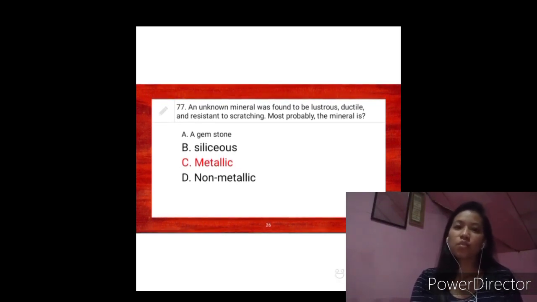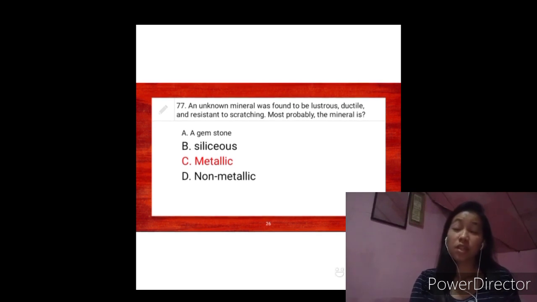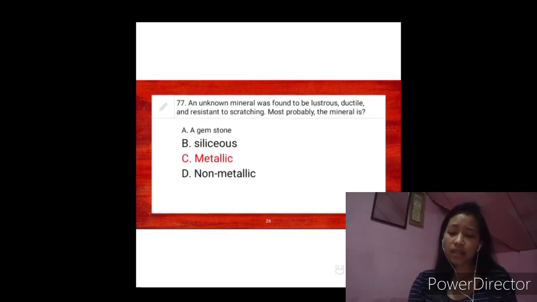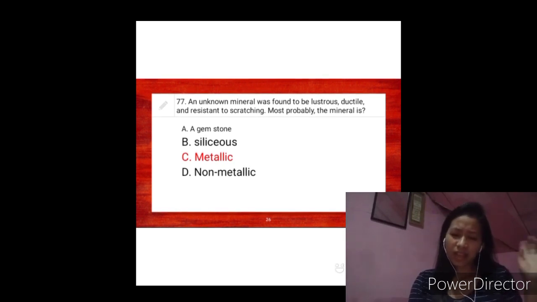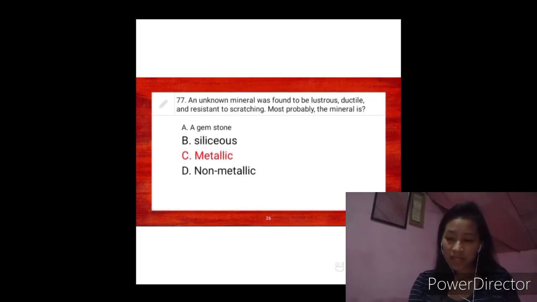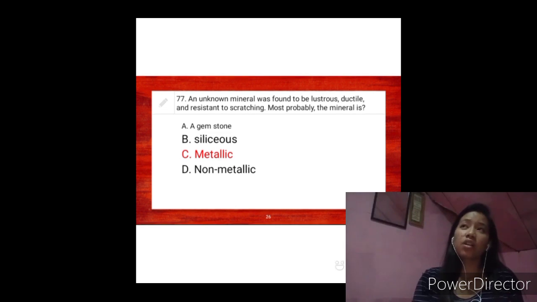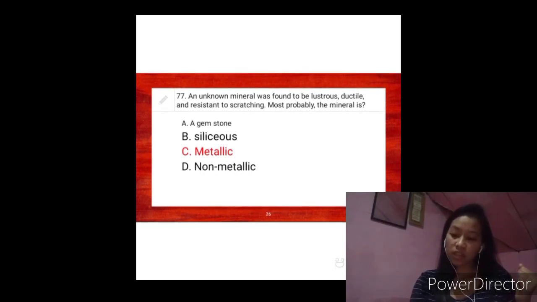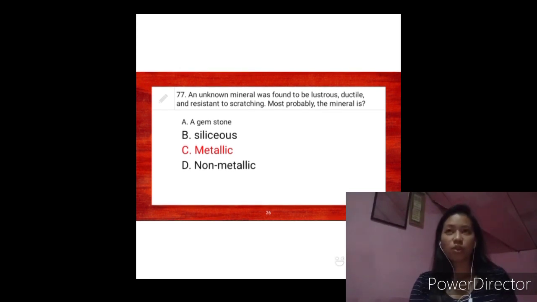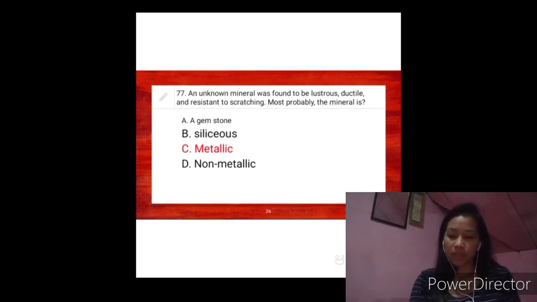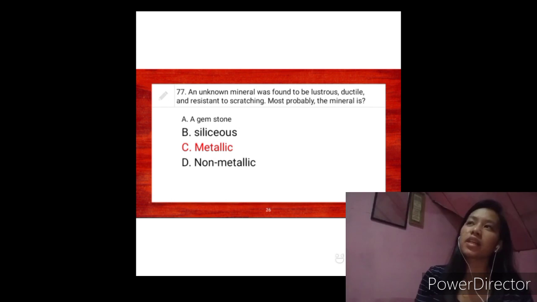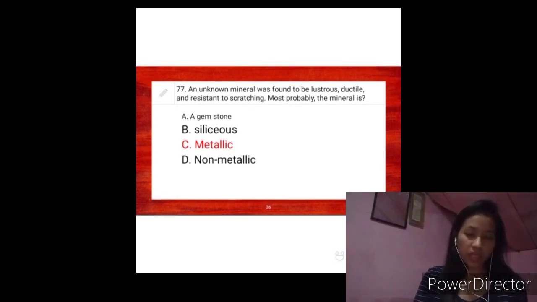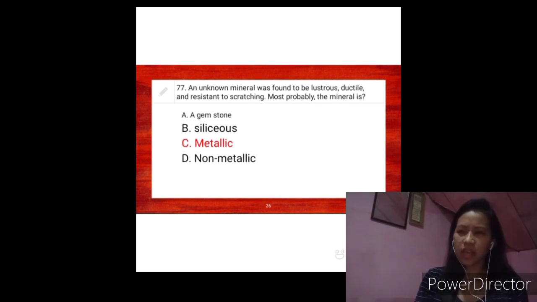Siliceous is a kind of sedimentary rock that has silica-secreting organisms such as radiolarians, diatoms, or sponges. And the non-metallic, as we all know, is brittle when it is solid,